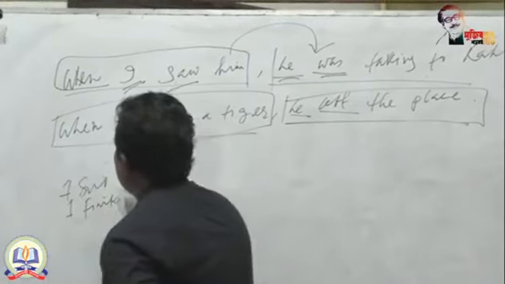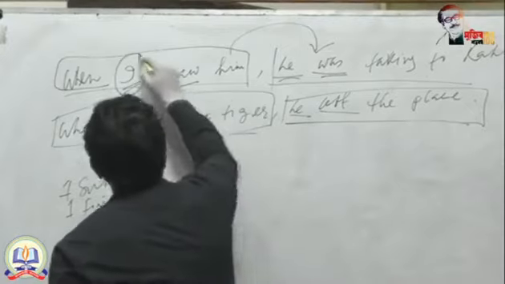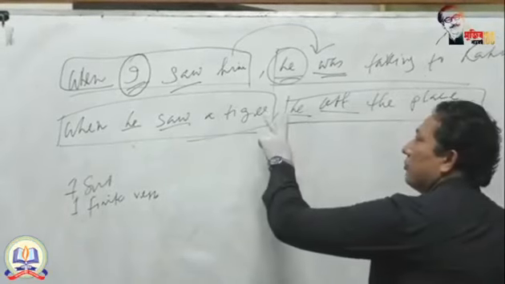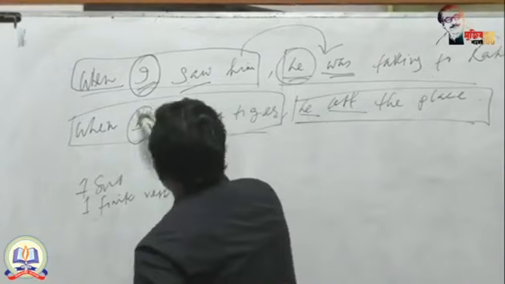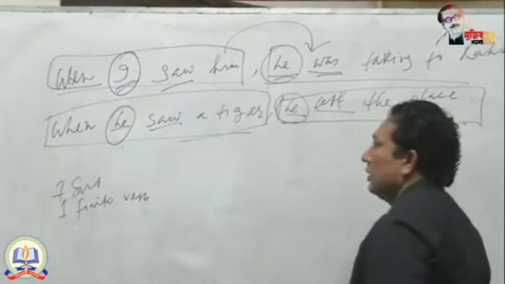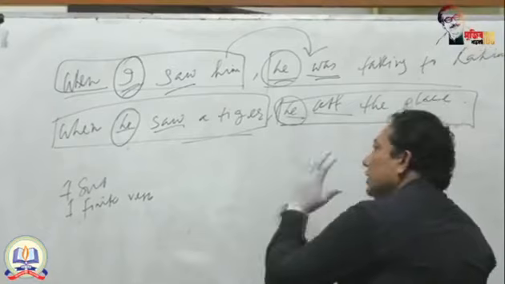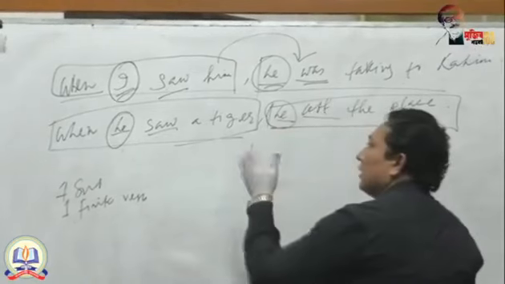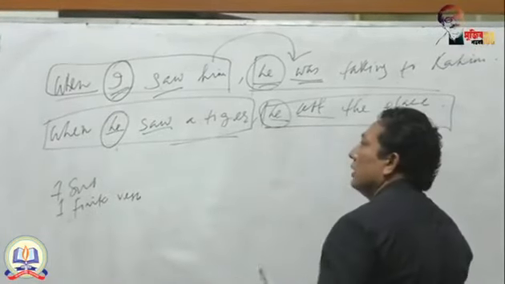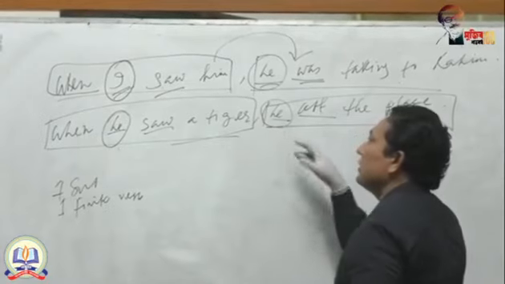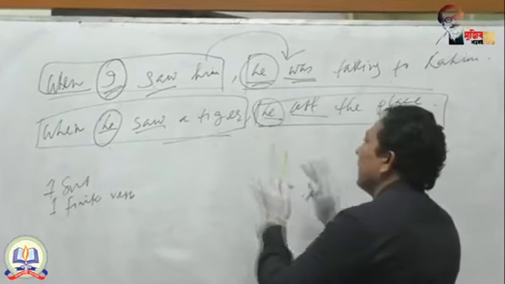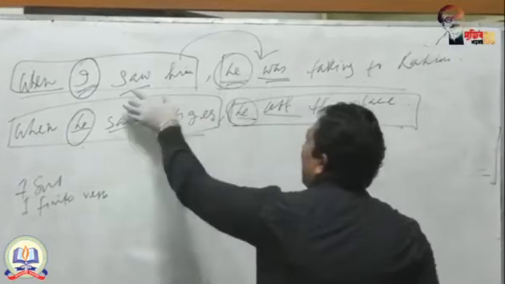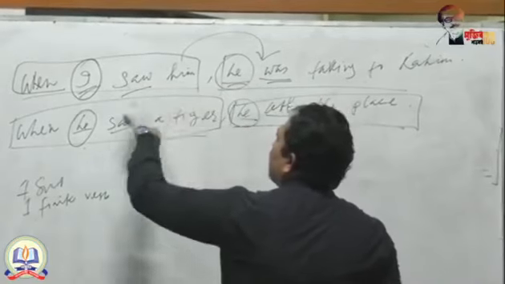The most interesting thing is that here you are getting two subjects, but these two subjects are not the same. This is different. But here the same subject is repeated. So if you deduct any subject from here, it does not indicate by whom the rest of the verb is done. You need not be confused, because one subject indicates the two verbs are done by one subject. But here, saw and was, these two verbs are done by two different subjects.